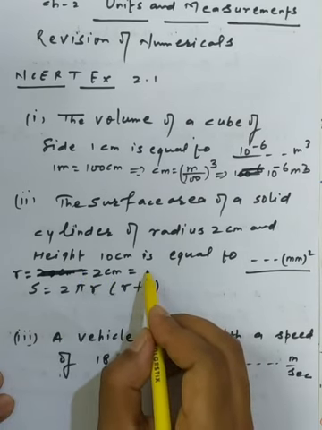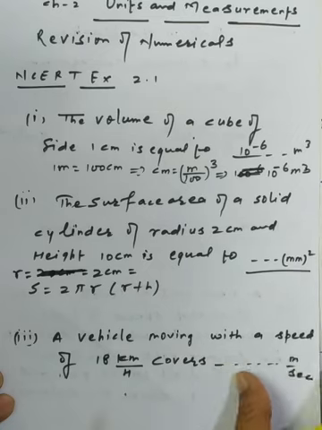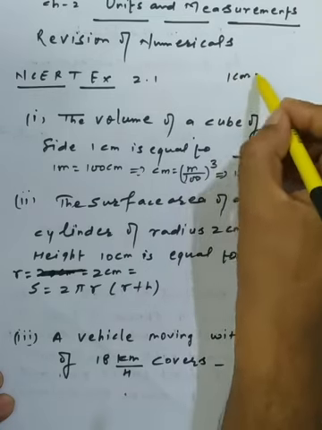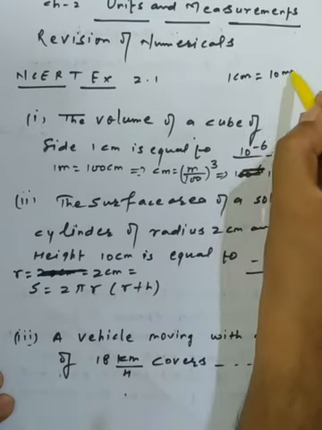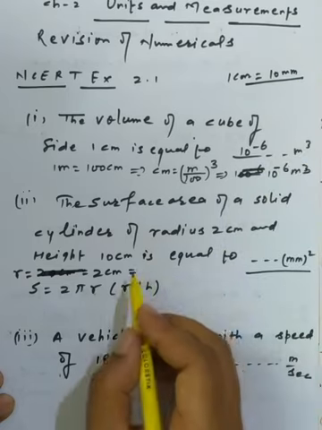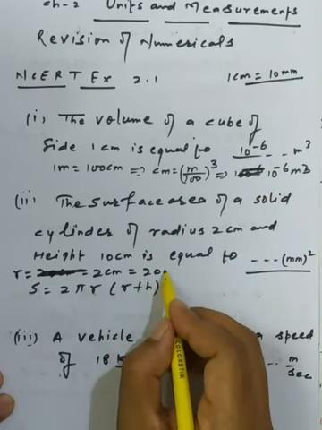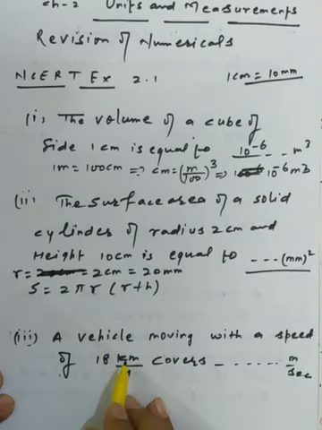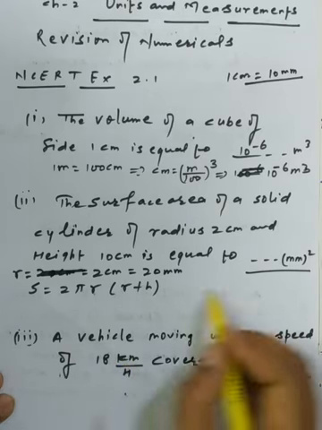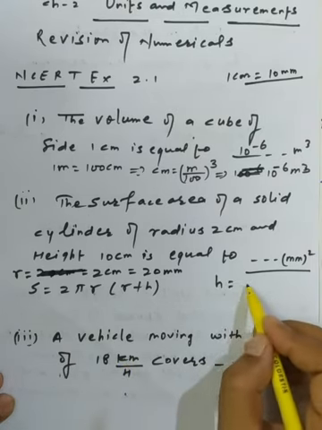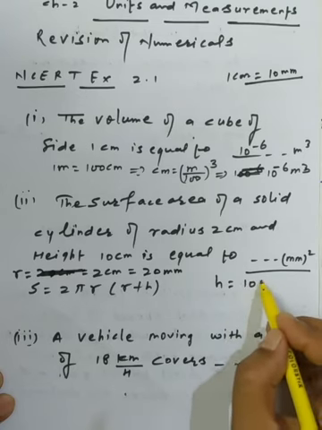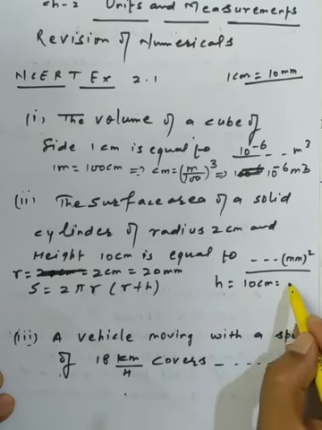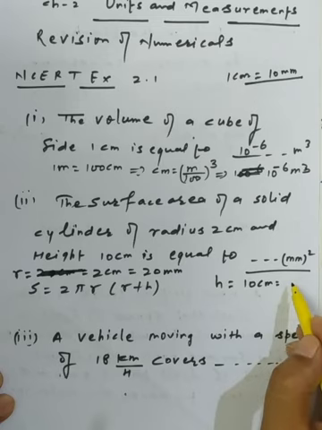We know the relation that 1 centimeter is equal to 10 mm, so easily you can make the conversion. So we can write that 20 mm is the conversion of the radius we have. Similarly, the height, which is 10 centimeter, will be converted into 100